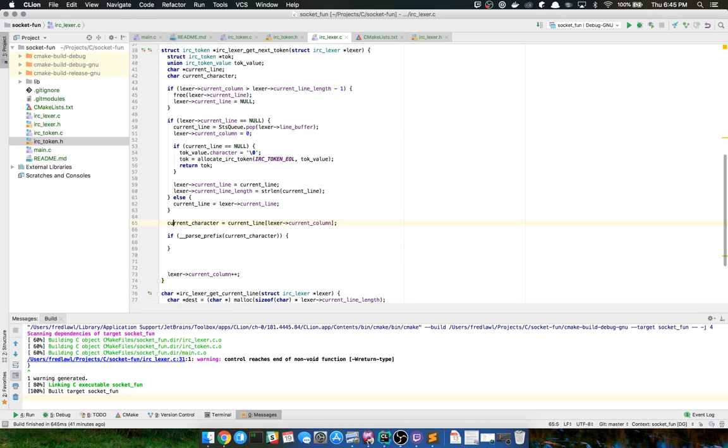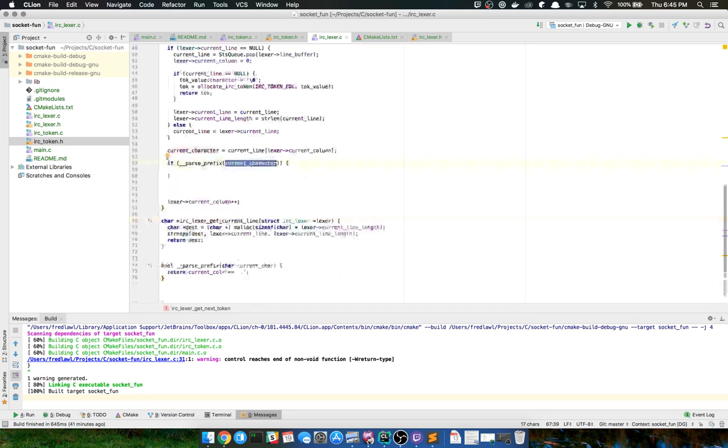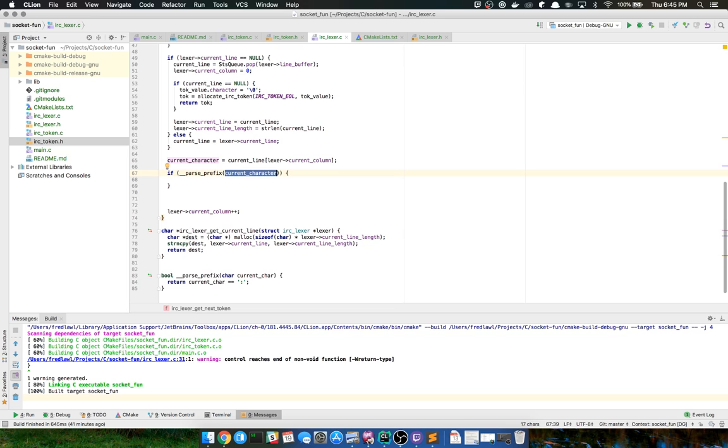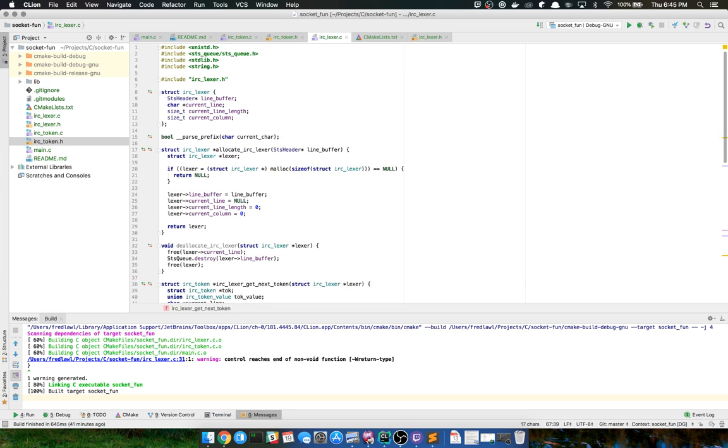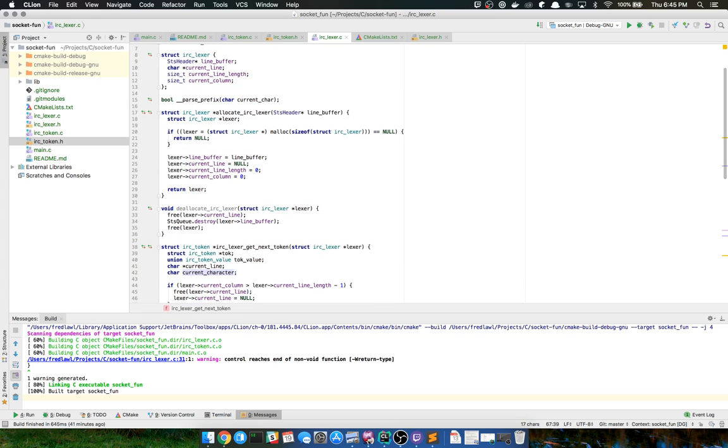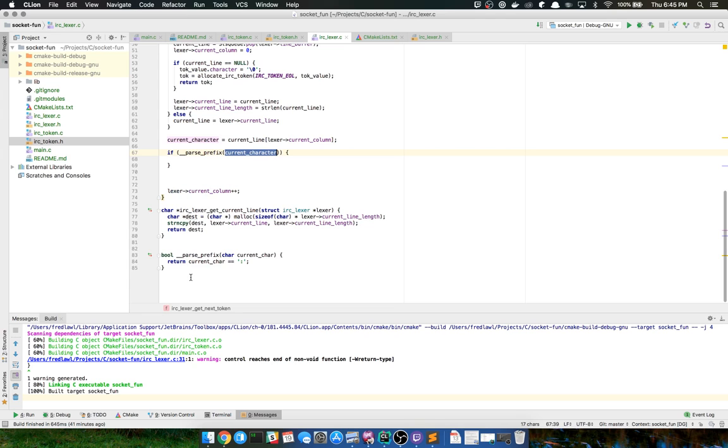Then what I can do is I can say pass in the, well, I'm going to have to pass in the lexer in here because it's out of scope. So this would need the struct IRC lexer, and we're going to have that as a pointer.